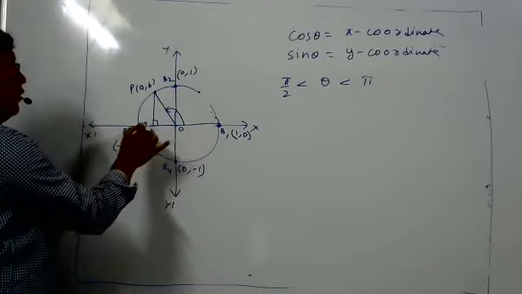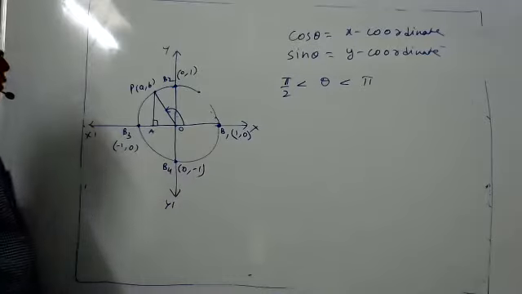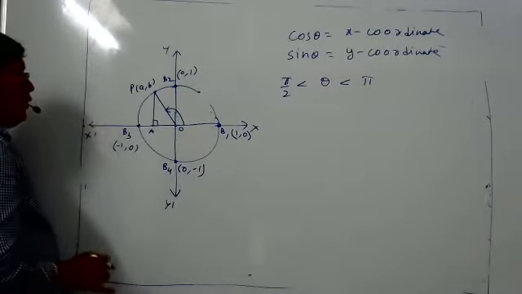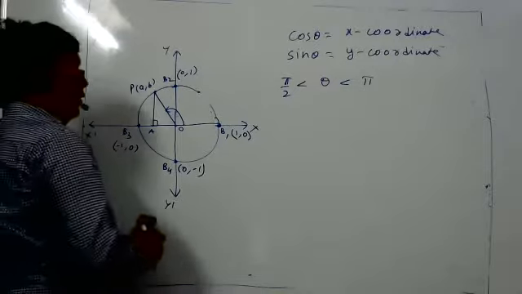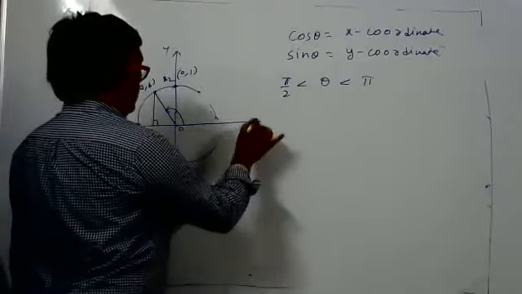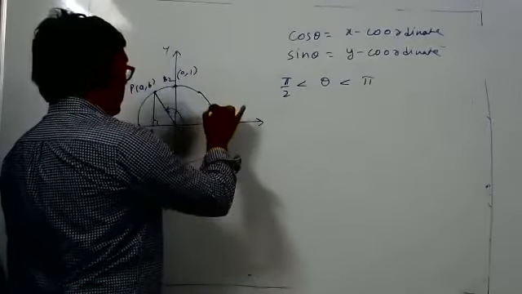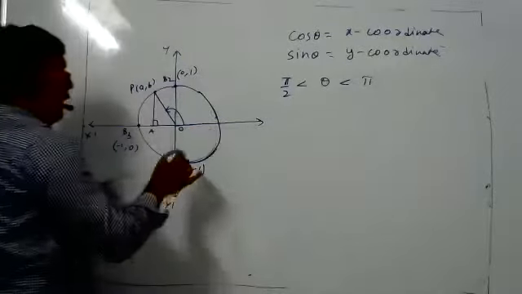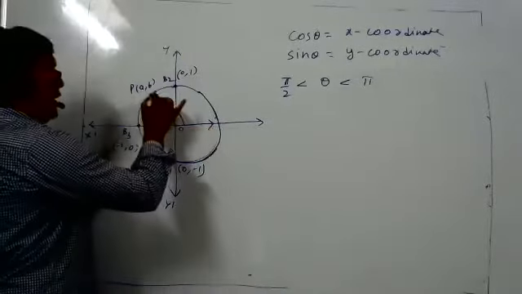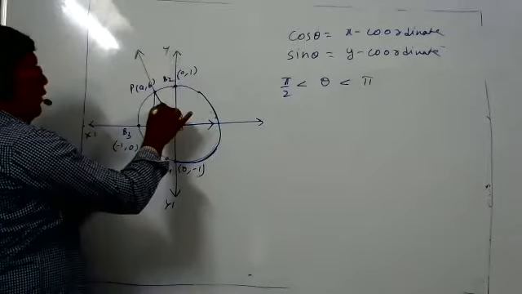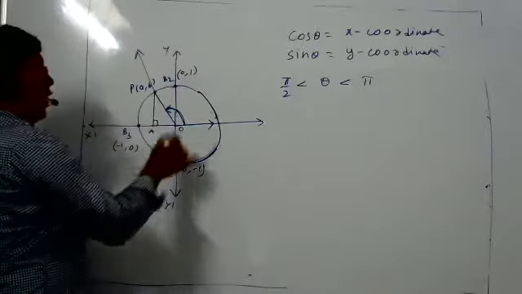So here the initial angle will be on the negative side of x. If we are considering the initial angle as between the origin and the x coordinate, don't get confused. I will teach you in the next class if needed. This is the initial side. This is the terminal side. This is the angle. But how can we draw a right angle triangle?